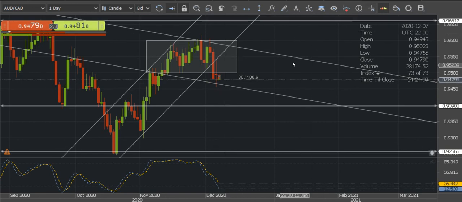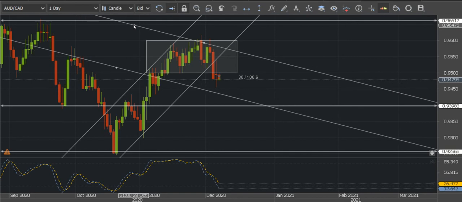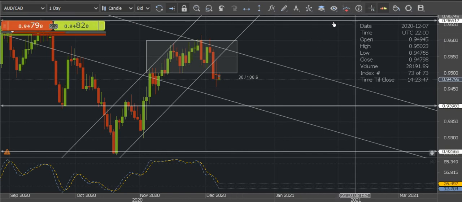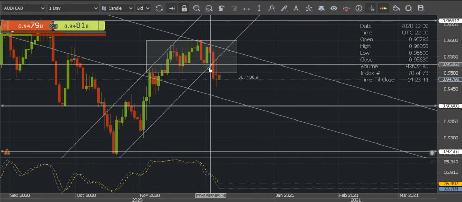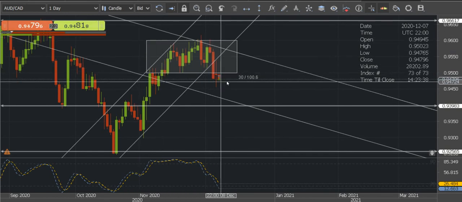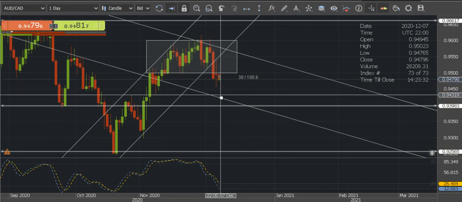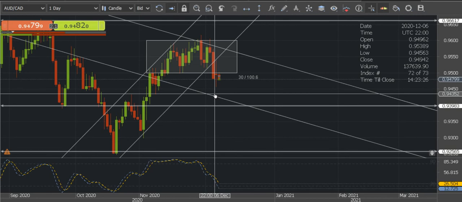So I don't know how it will play. It may go like this or this. I'm not sure, but I just assume maybe it will go and touch this level, because we lost all the possible things here. So it broke my uptrend support line, and it broke my rectangle support line. Now the only option is that it will come down and touch my downtrend support line. Then it will confirm my downtrend. Yeah, it will move like a downtrend.